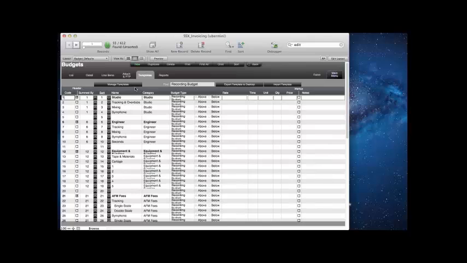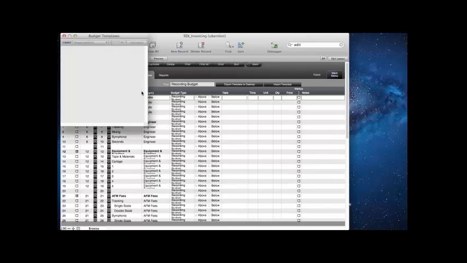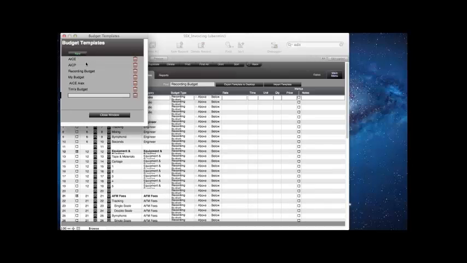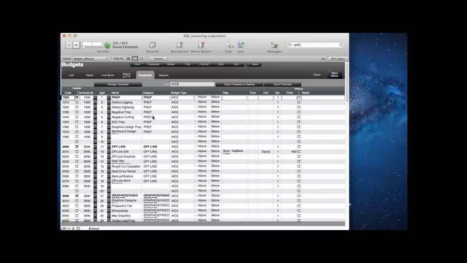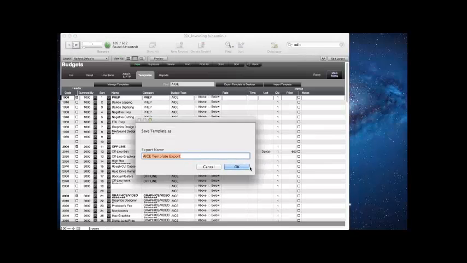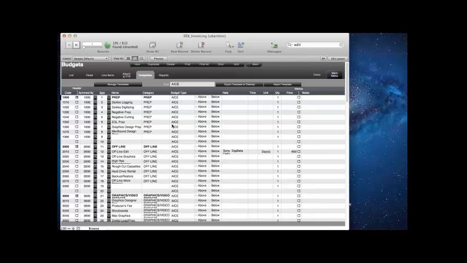So what I'm going to do is manage my templates by clicking the Manage Template button. I'm going to create a new one. I'll call it Joel's Budget. Close that. And I'm going to start off with an AICE budget. And then I'm going to export this to the desktop. Why am I doing that? Because I need to re-import it. I want to keep the original one because this is the stock clean budget that's designed. And then I want to import,